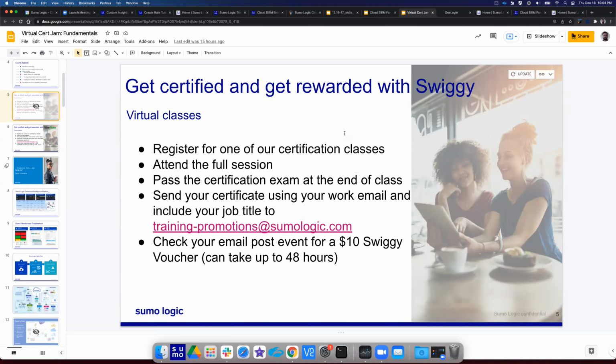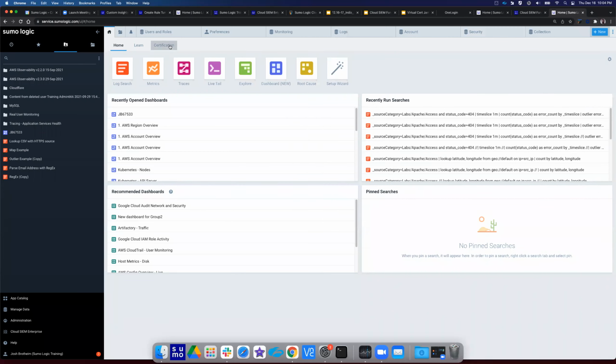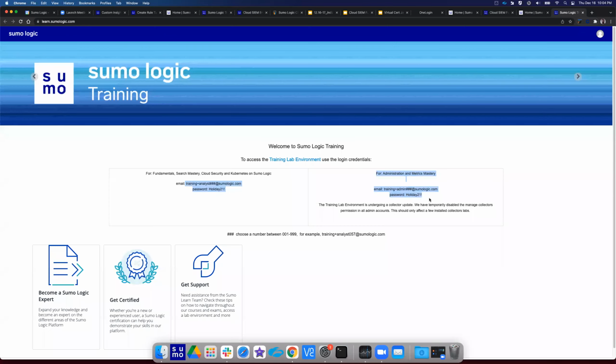One other question I saw that was answered in the chat, but just for everybody's awareness: you can also use these credentials for these labs through the rest of the month. If you want the latest credentials, just go back into the certified page anytime in the future, and here are those credentials that you can utilize. Starting in January, we'll probably have new passwords and you can still participate. So feel free to use those lab environments. Keep in mind they are lab environments. They get cleaned periodically, deleted, things like that, but they are great to use.